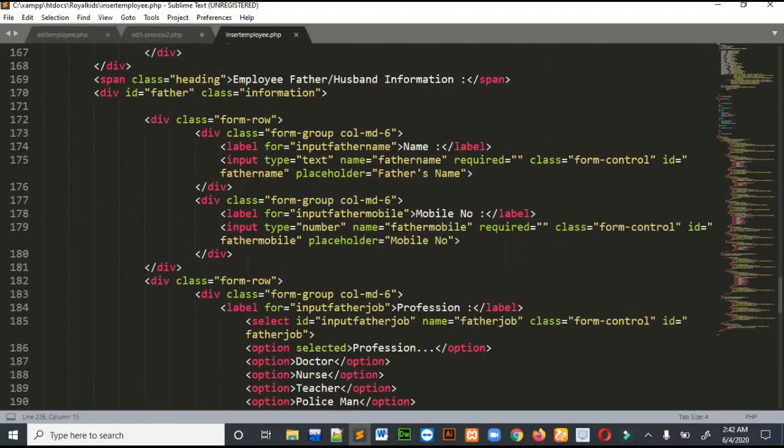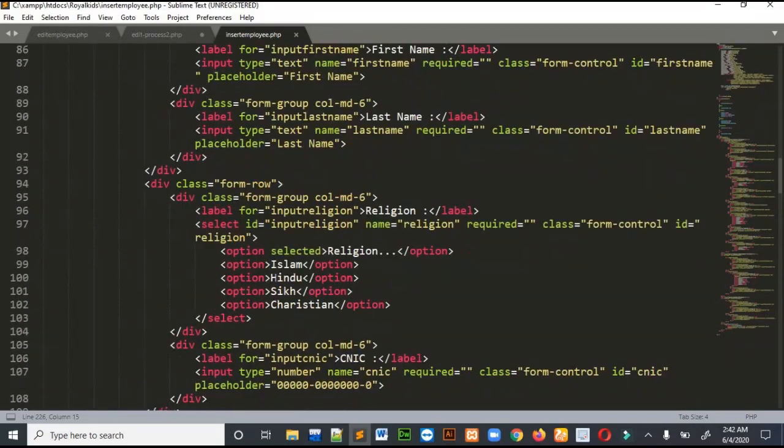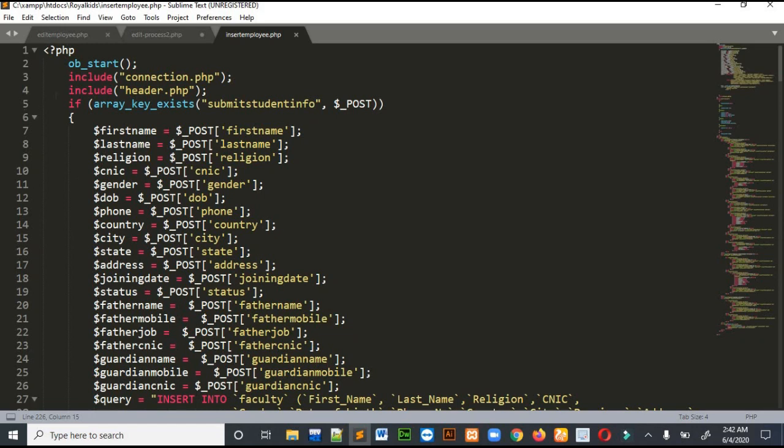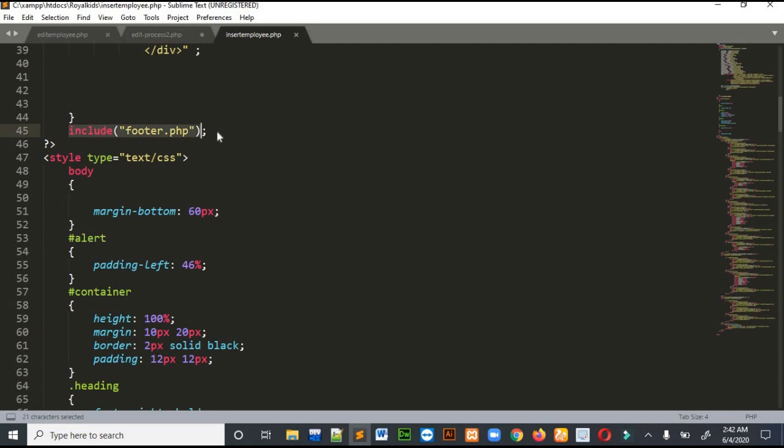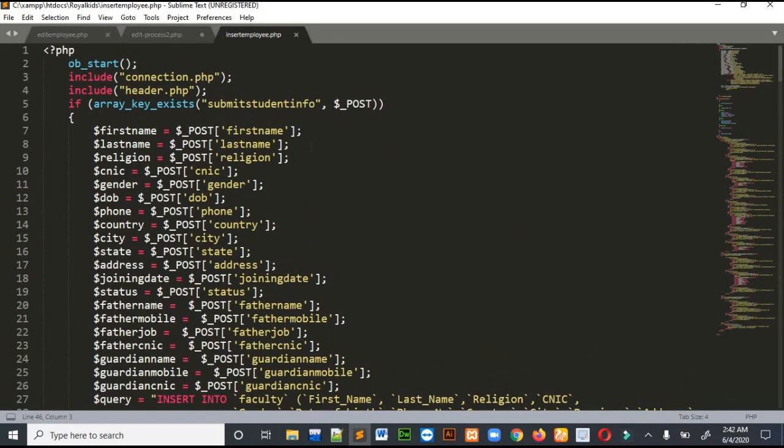Now let me show you the PHP code. Whenever the user clicks that button, the form will go to the top. You can see that I had already included the connection file and header file, and there is the footer file. Now there is an if condition which says array key exists. Array key exists is a built-in function which checks whether the user is sending some kind of array or not. Yes, the user is sending some kind of array, so it will check the button,